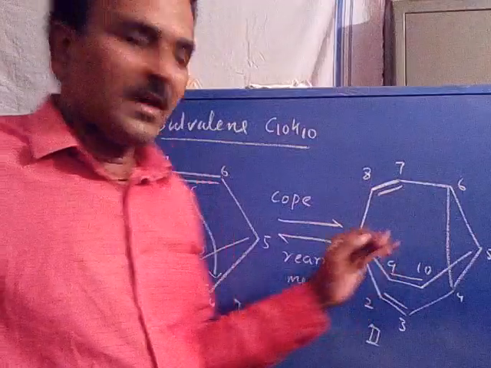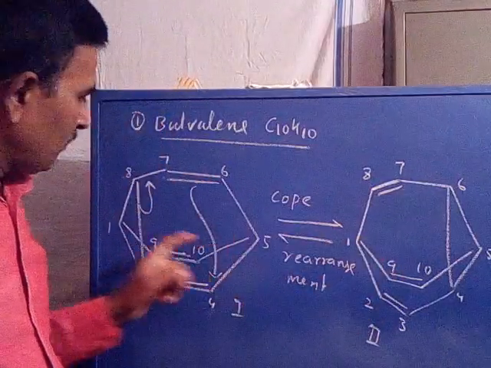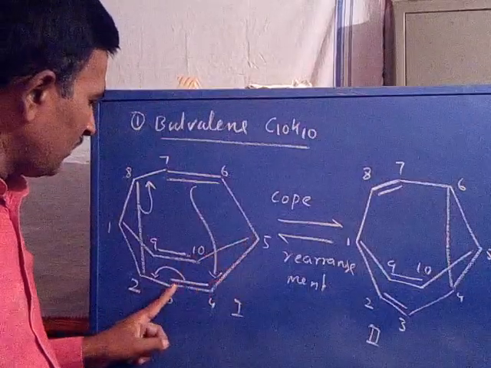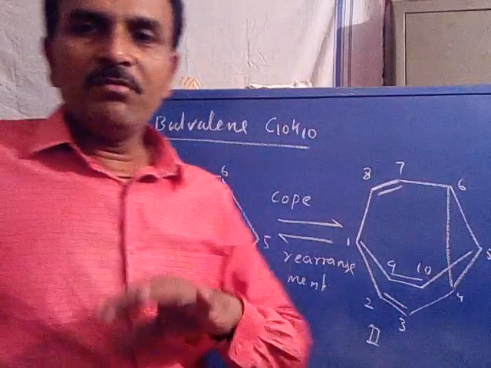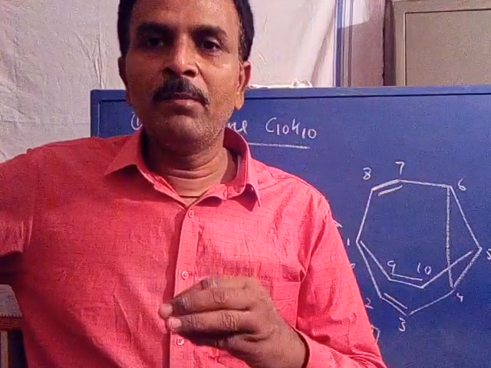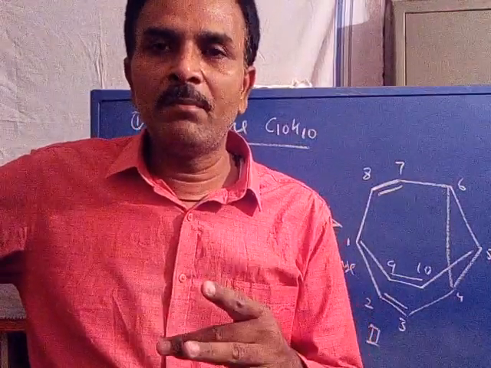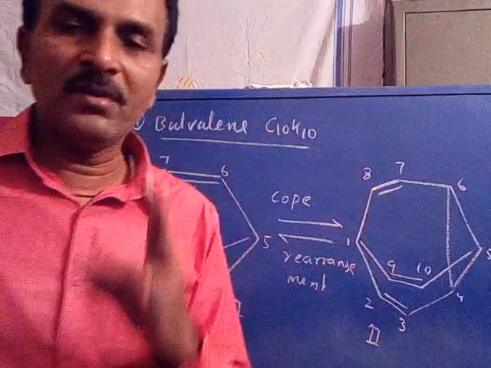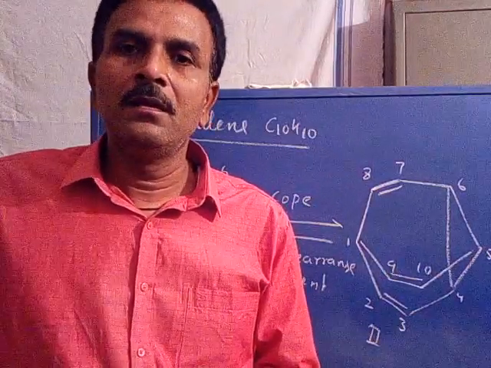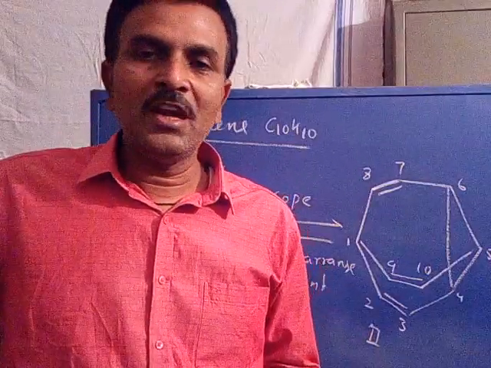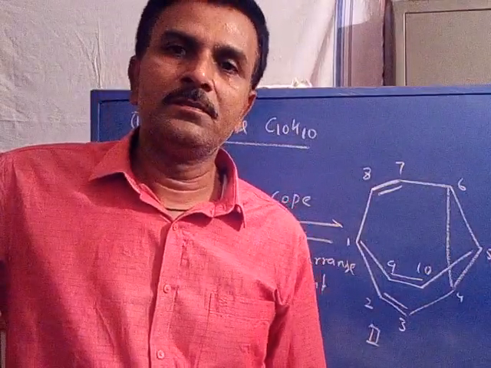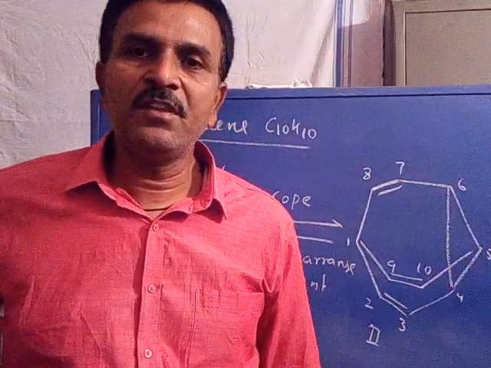This is also tricyclic. One is an 8-membered ring, one is a 3-membered ring, another one is 1, 2, 3, 4, 5, 6, 7-membered ring. So the two structures have tricyclic rings: one 7-membered ring, one 8-membered ring, one 3-membered ring. The second structure also has a 7-membered ring, 8-membered ring, 3-membered ring. It is also tricyclic. Both have 3 double bonds. Both have 3-membered rings. Just their position is different.